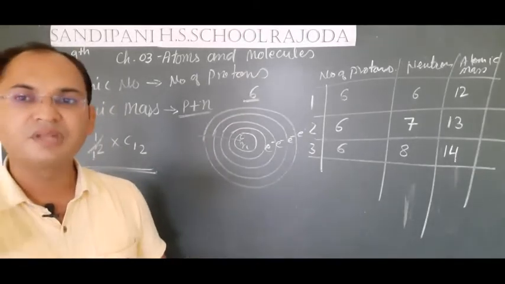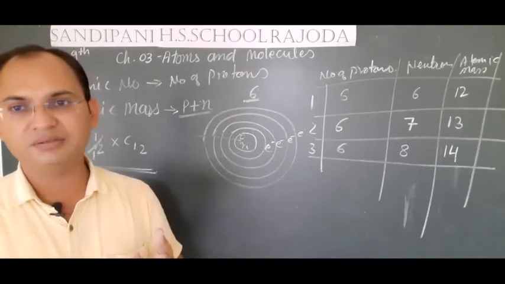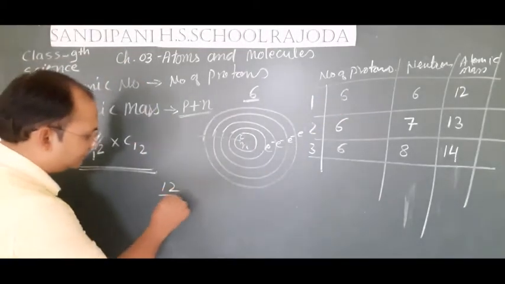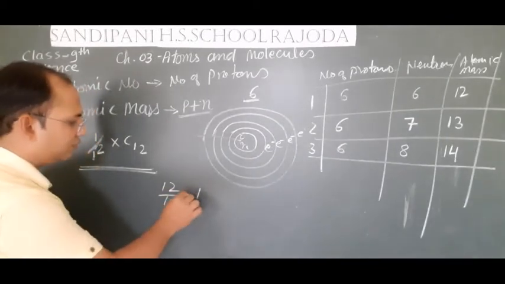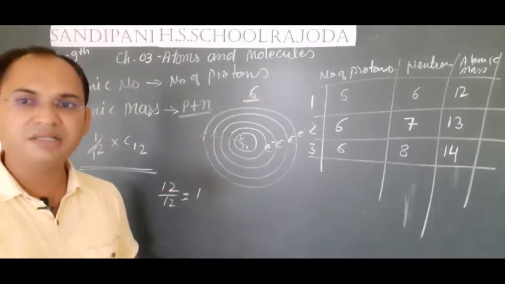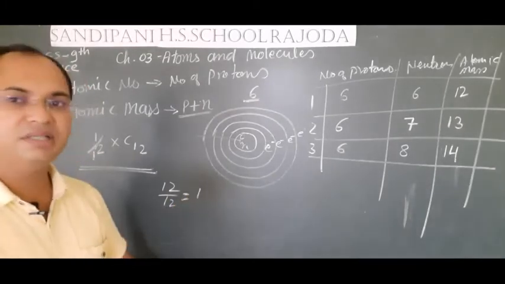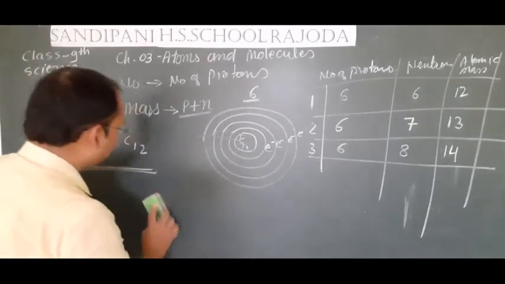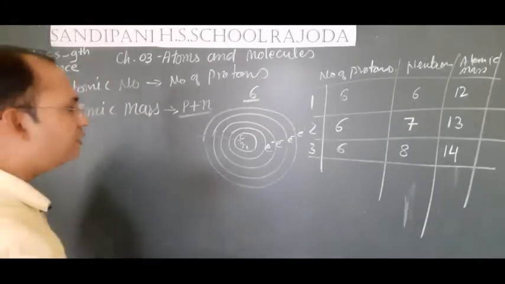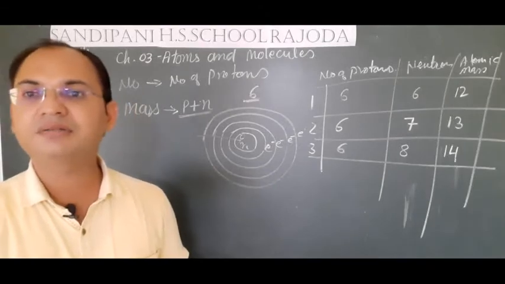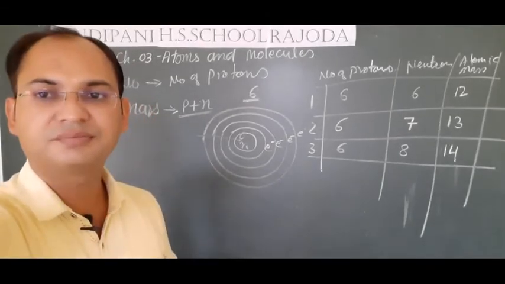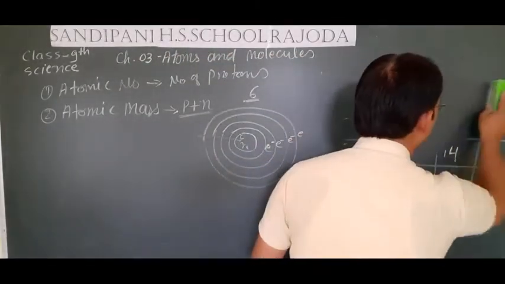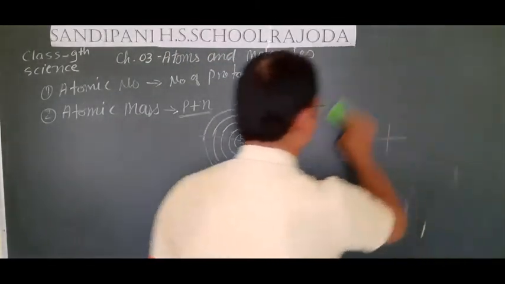It is obviously, in general, equal to 1, because it has atomic mass 12 and 12 divided by its 12th part is nearly 1. In general calculations we consider it as 1. So students, the 1/12 of the mass of the C12 atom is called atomic mass. So students, this is all about the atomic number and atomic mass. Now we will see